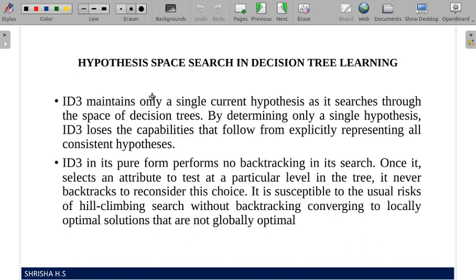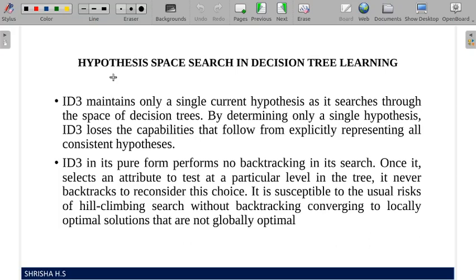We don't know. It maintains only one current hypothesis, and that's why it is a disadvantage. For example, in the candidate elimination algorithm we got so many possible hypotheses, and we want to know how the other hypotheses perform, but here we don't know that. So that's the meaning here. It has the capability to produce only one hypothesis at a time, and it does not care about the whole hypothesis space. Other consistent trees it does not produce. So this is about the first point.